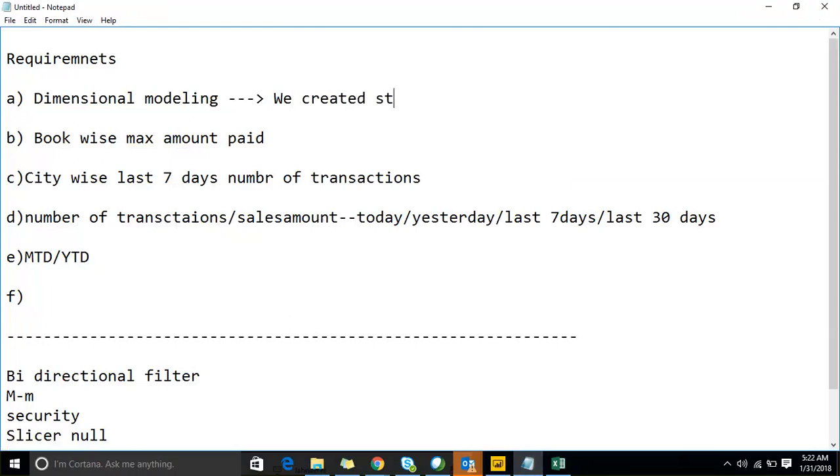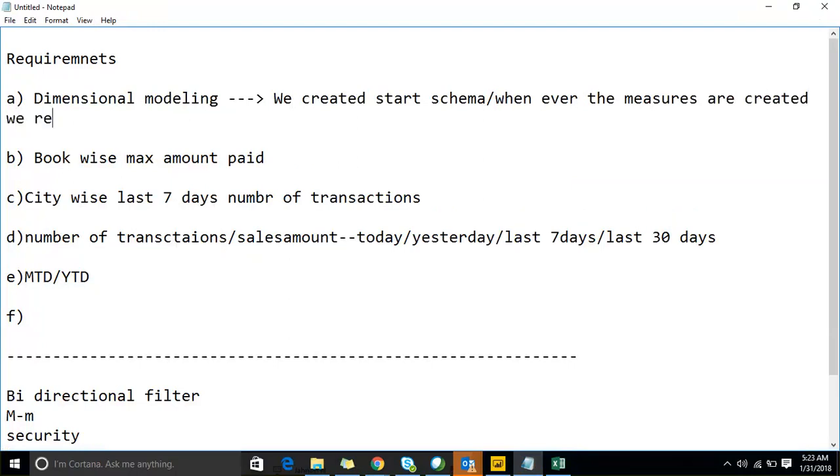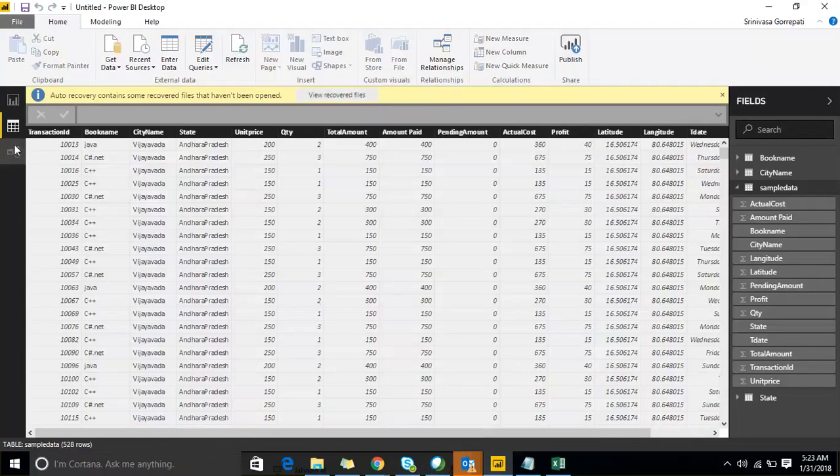We created a schema, and whenever the measures are created, we replace a blank with 0 to represent all the values. This is what we did yesterday. And then once the model was created,